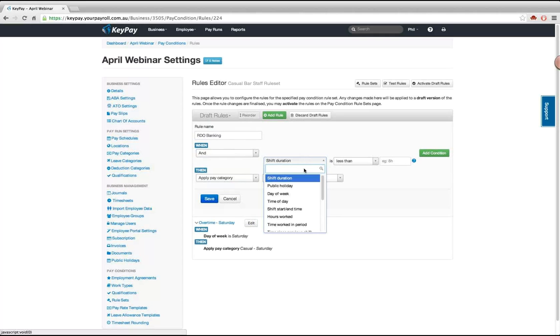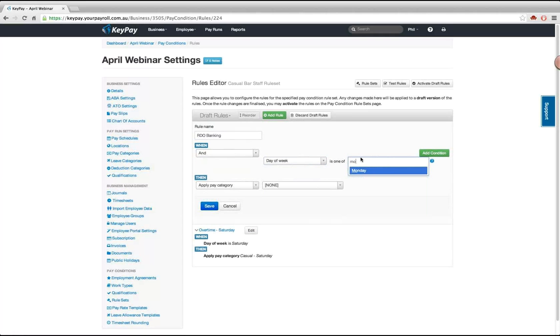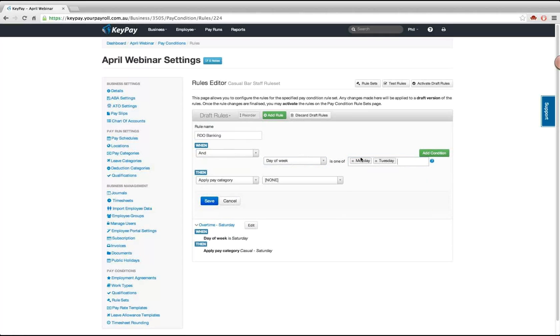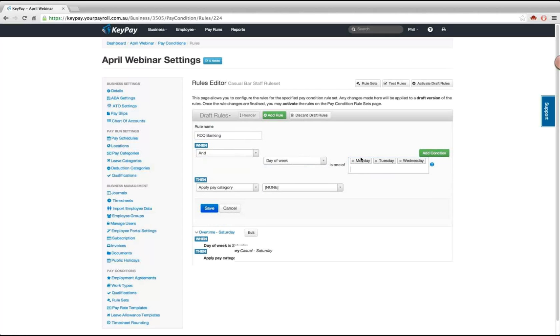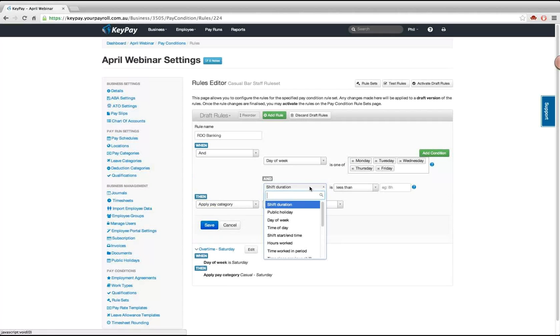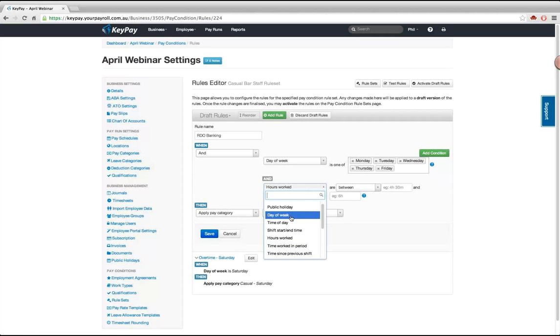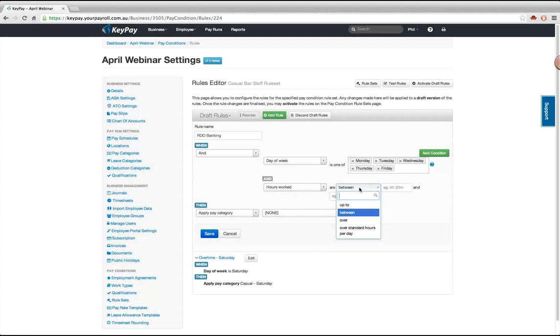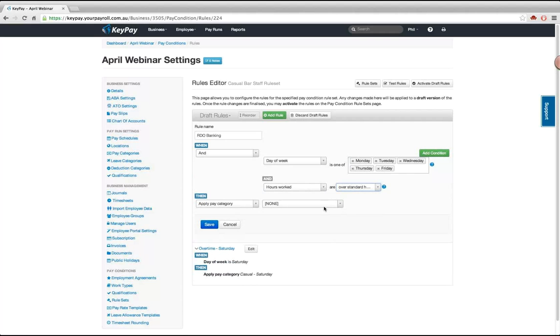So I can say when the day of the week is one of, if I want to make it a weekday, Monday, Tuesday, Wednesday, Thursday, or Friday, and I want to add another condition, and I can say, and the hours worked is over their standard hours per day. So if the employee is set up to work 8 hours as their standard hours per day, rather than paying overtime during the week, we might have an agreement that says